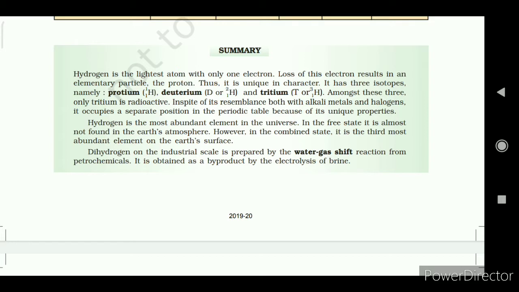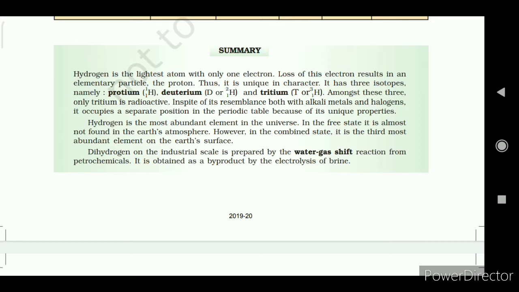This property is made use of in the atomic hydrogen torch, which generates the temperature of 4000 Kelvin and is ideal for welding of high melting metals. Though dihydrogen is rather inactive at room temperature because of very high negative dissociation enthalpy, it combines with almost all the elements under appropriate condition to form hydrides. All the types of hydrides can be classified into three categories: ionic or saline hydrides, covalent or molecular hydrides, and